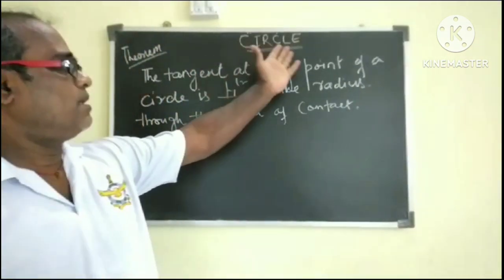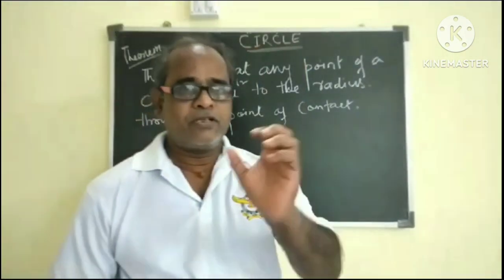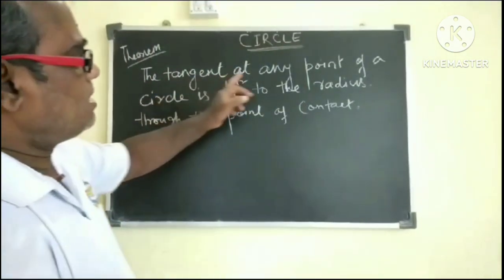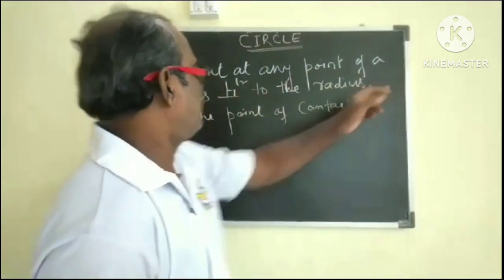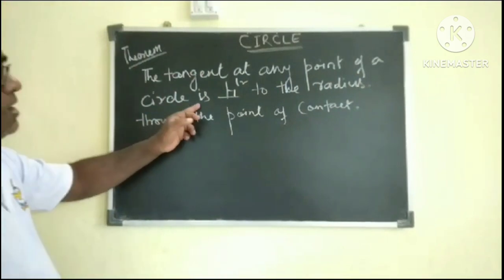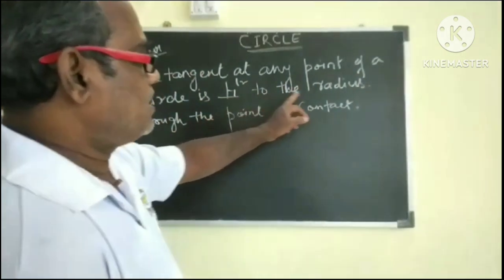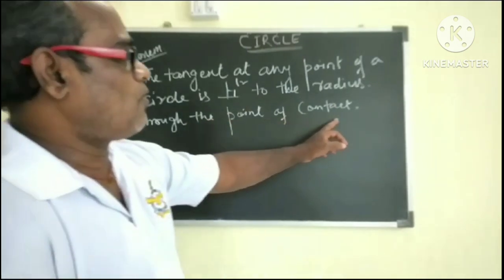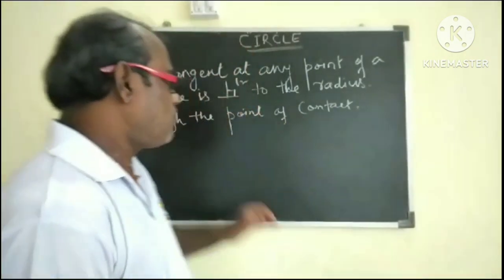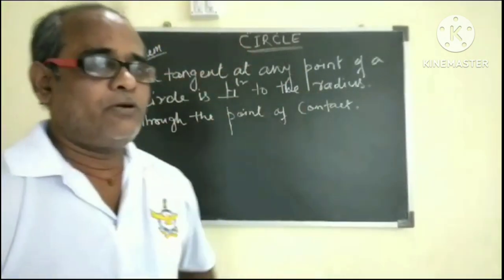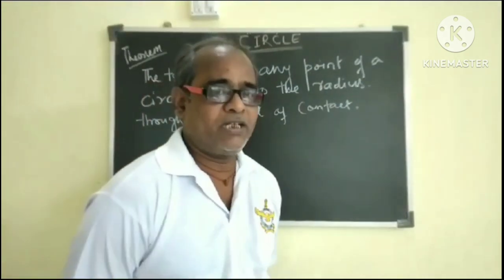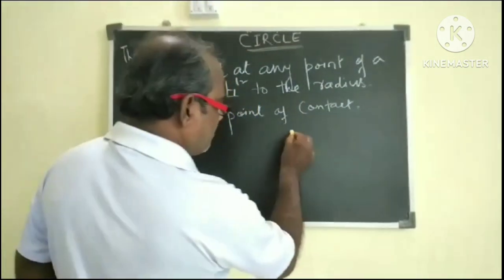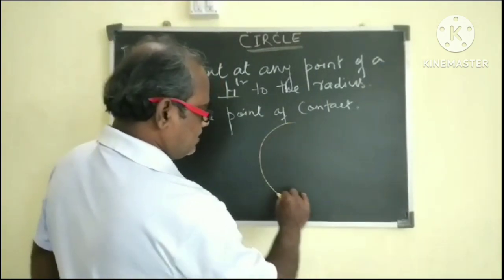So the topic will be circle, and the very first theorem they had a doubt about is: the tangent at any point of a circle is perpendicular to the radius through the point of contact. Before going to this theorem, I would like to explain what a tangent is. You must be knowing, suppose this is a circle